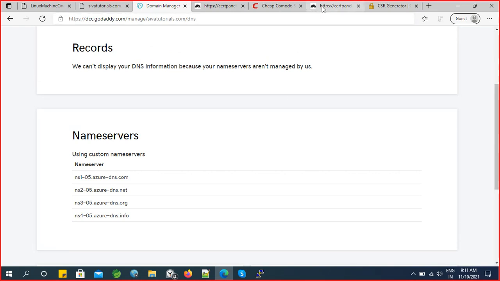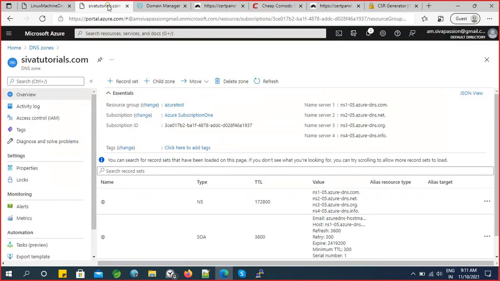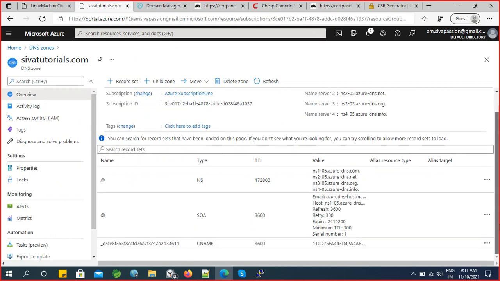And one more thing: instead of copy-pasting this complete alias or hostname, we just need to copy before shivatutorials.com. Just this alias is sufficient, so we don't need shivatutorials.com. These are the two changes basically. Once we make these respective changes in this record set,